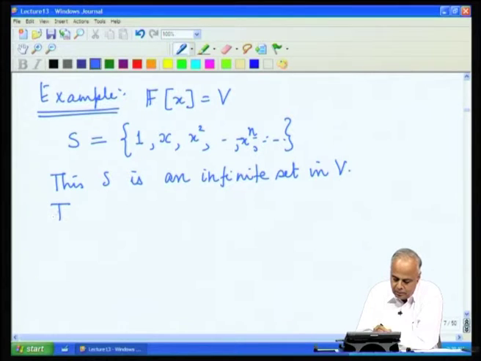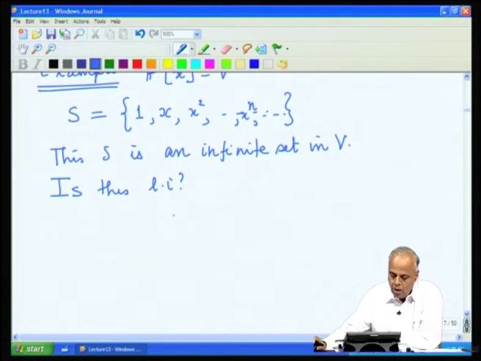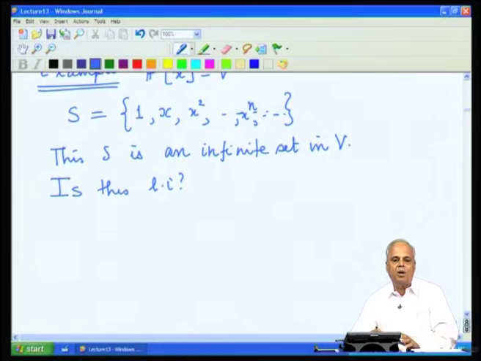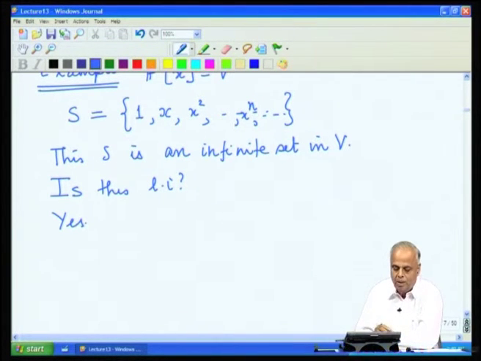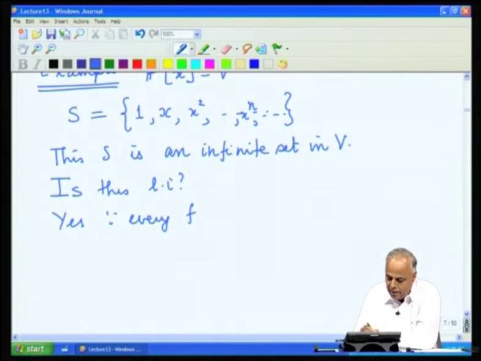Is this linearly independent? To check whether it is linearly independent, we have to make sure whether every finite subset is linearly independent. So, what will be a finite subset? It will consist of a certain number of powers of x. Now, if we take a certain number of powers of x and look at the linear combination, that will be a polynomial, and that polynomial will be 0 only if all the coefficients are 0, because the 0 polynomial is the one with all the coefficients as 0,